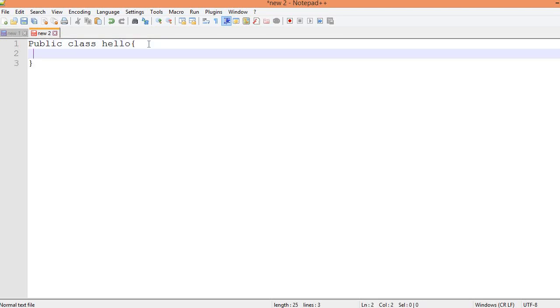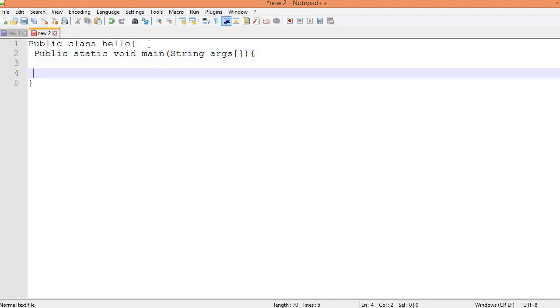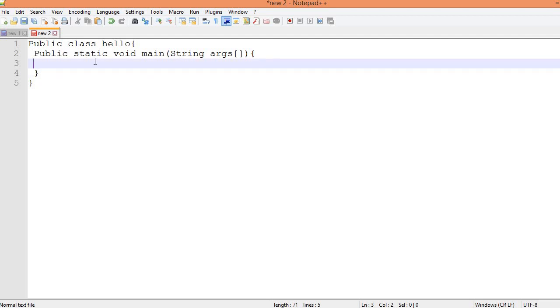Then next write the method: public static void main, string args. Then again we need to close the braces. Then here System.out.print hello.